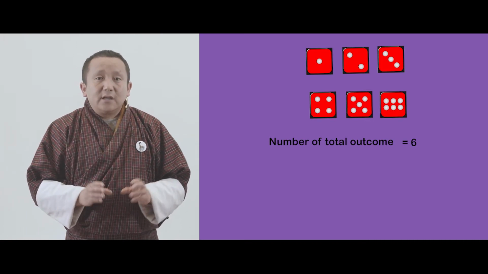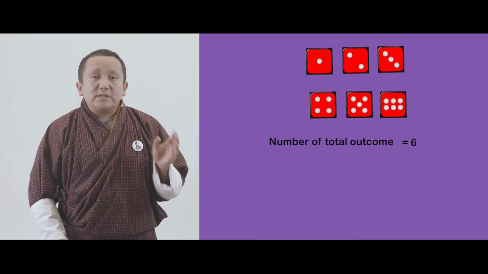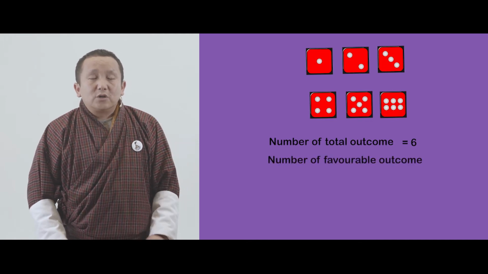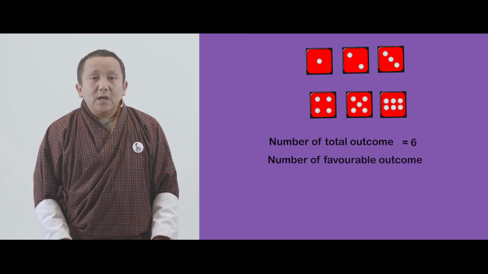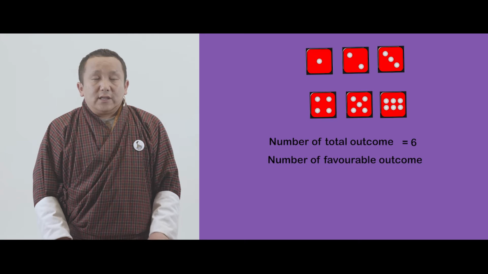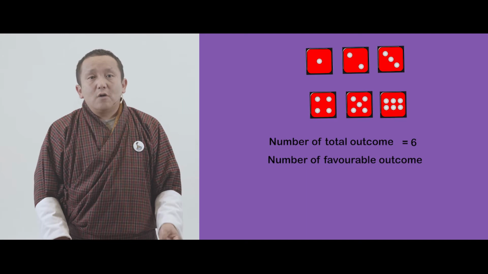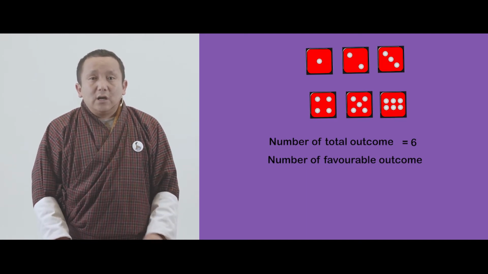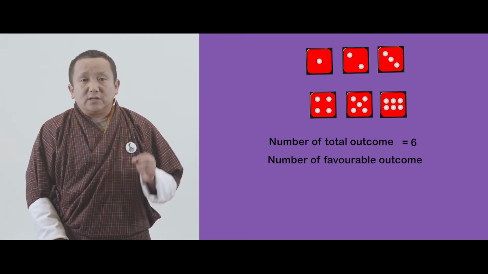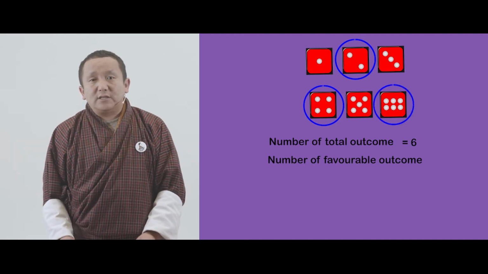So when you roll a die, there are equal chances of getting a number. So here the number of total outcomes is 6. Next, list down the number of favorable outcomes. So here the number of favorable outcomes should be a multiple of 2 from rolling a die. There are 6 numbers in a die which are 1, 2, 3, 4, 5 and 6, out of which 3 are multiples of 2, which are numbers 2, 4 and 6. So the favorable outcome here is 3.